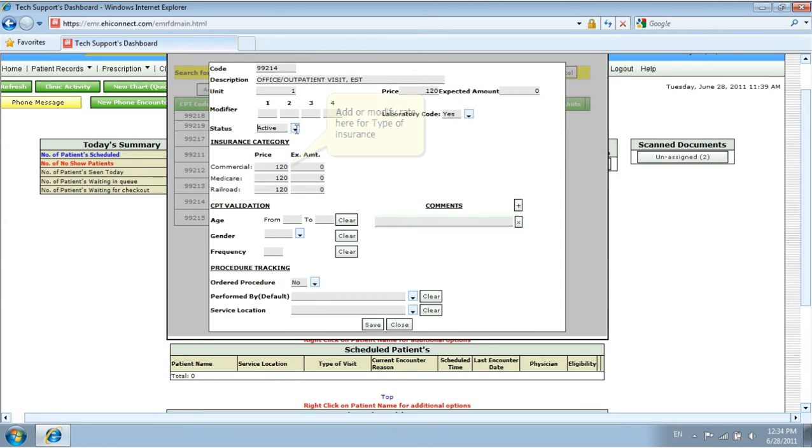In this section, in the insurance category, you'll notice we have three different rate fields. We have commercial, we have Medicare, and we have railroad. So in order to change the pricing or add additional pricing for a code, we simply change the price that appears up top here, or if we want to change it for a specific insurance category type, we can just simply change it down here. In other words, if I wanted to change the commercial insurance rate to $80, simply change it to 80